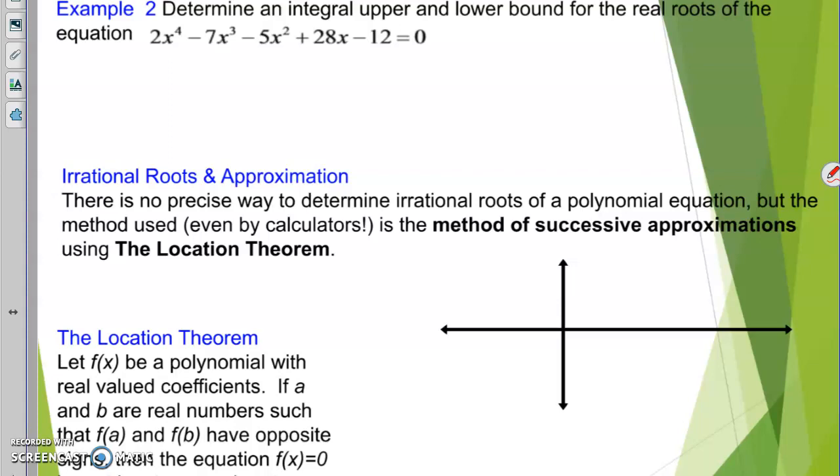So if I use my rational root theorem, I know that I have a possibility of having roots at plus or minus 1, 2, 3, 4, 6, 12 over 1 and 2, plus or minus. And so I can have anything from 12 down to like plus or minus a half. I can go down into the negative numbers, -2s, -3s, something like that. So if I want to try a number like 4, I'm going to try